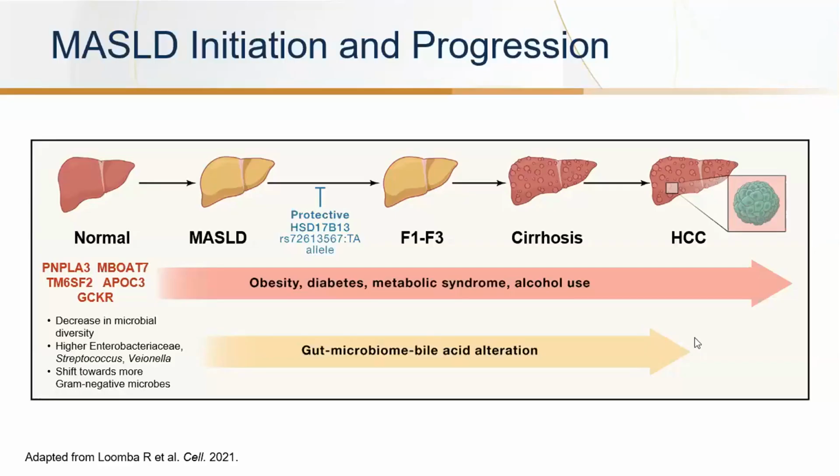It is nice that there are some genetic components here that are protective. But again, just at the initial workup, we don't know a lot of that. So we definitely need to ask the history about the family, their personal history of obesity. Were you obese in childhood? Really dig into that history to see the predictor of whether they are going to advance to F2, F3 into cirrhosis. And this diagram is also indicating that the gut microbiome is a big factor here as well.